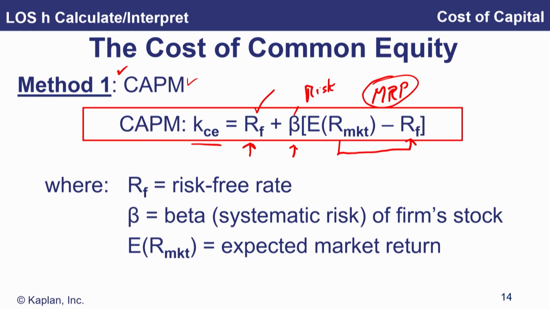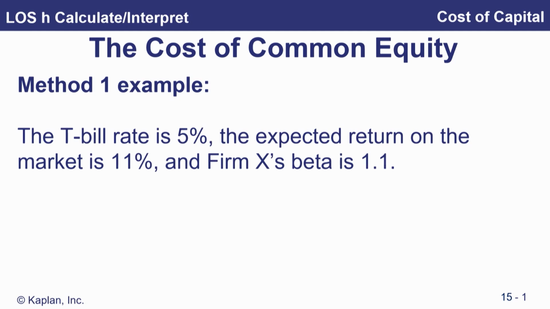And we're using the firm's beta here, the firm's beta specific to that firm. So if the T-bill rate's 5%, the expected return on the market is 11%, and firm X's beta is 1.1. Well, let's see, expected return on the market. We aren't given the market risk premium here, but we have the expected return on the market, and we have the risk-free rate, or at least our proxy for the theoretical risk-free rate, the T-bill rate, which is 5%. So the difference is 6%, and we're going to get